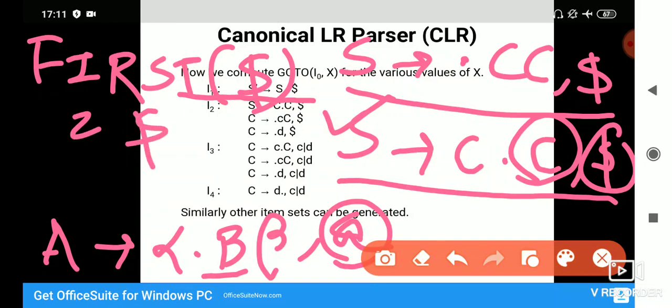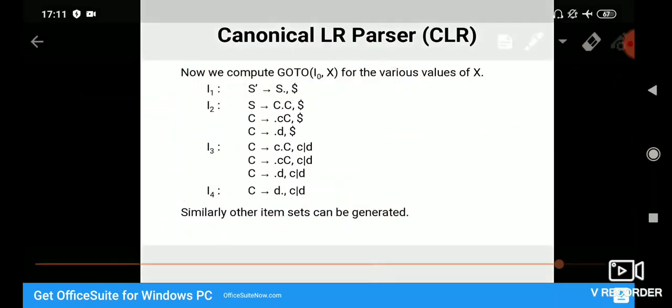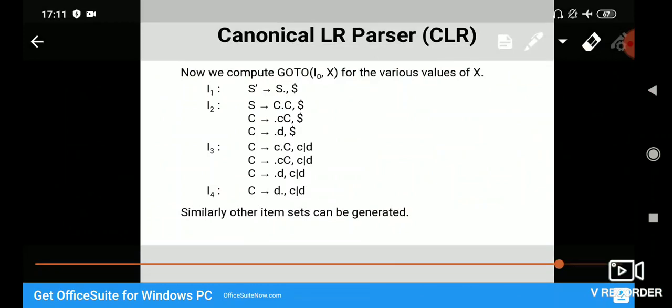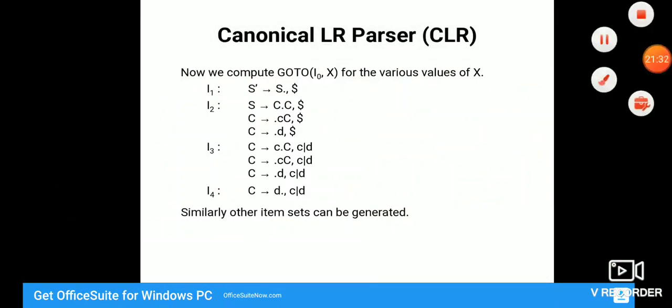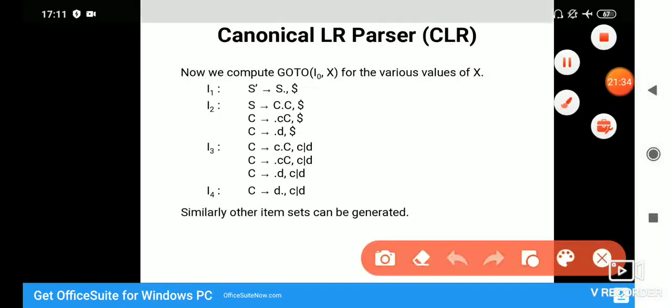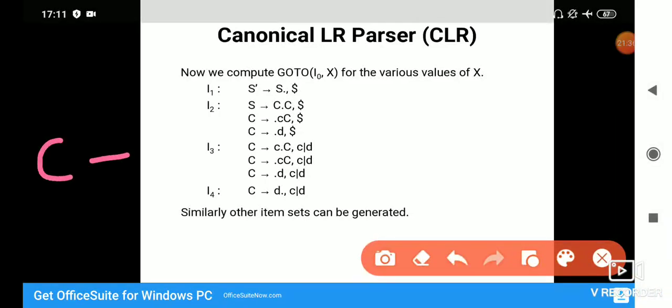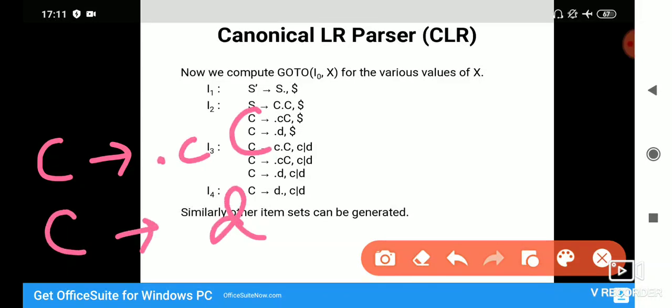So what we have to do? We have to include productions of the form B → .γ, and in our case B is C. So all the productions originating from C we have to see. So what are the productions originating from C? Productions originating from C are C → cC and C → d. It has to be of the form B → .γ, so I am placing dot on the left-hand side, and comma b.